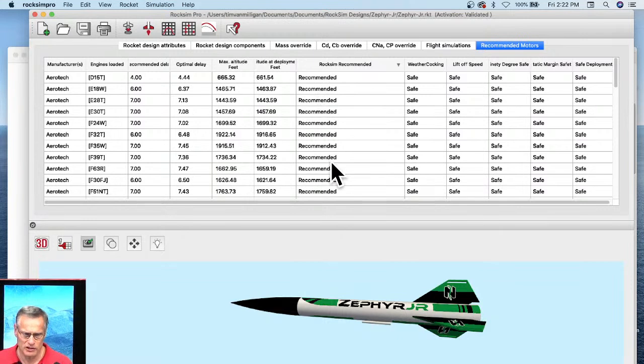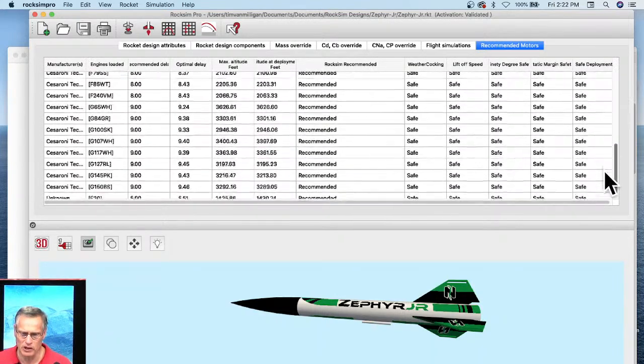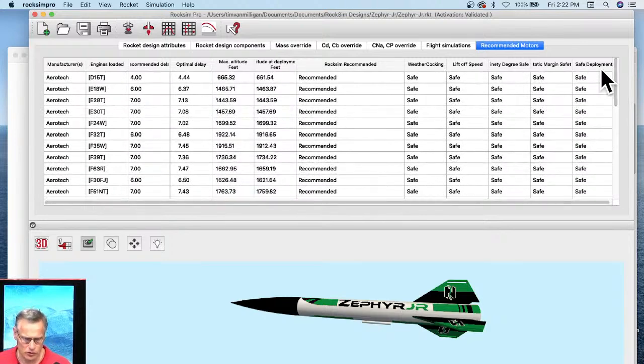If you want to resort them again, just click on it again, and now all the recommended motors are at the top. If you only want to see the recommended motors, you right-click with your mouse on that button, and it brings up this menu, and I can choose to show only the recommended motors. So now my list is shorter, and there's, I think I recall, 37 of them. Okay, so now